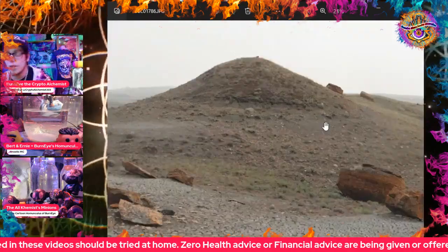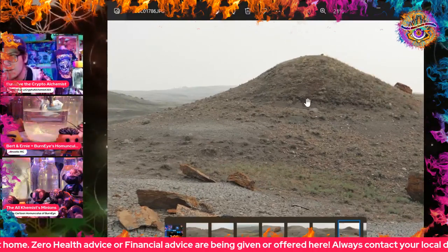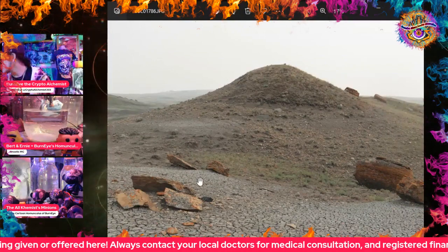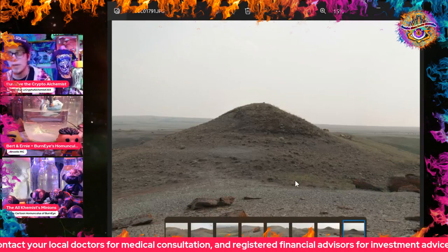Here, another what looks like perfect mound, of course, right? Like, oh yeah, this isn't a pyramid ancient site. No, yes, I suspect this is ancient megaliths in southern Alberta. Pyramid site,